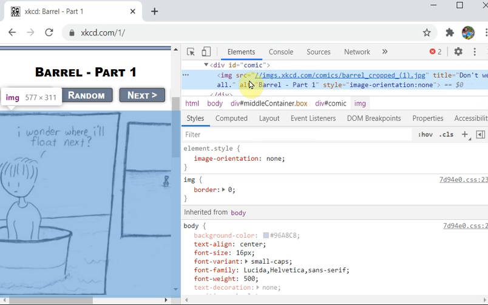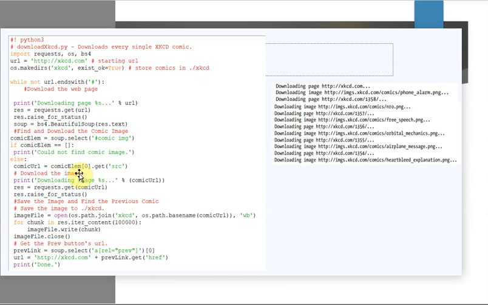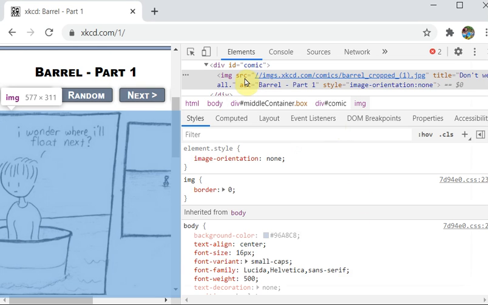So what happens here? From the Beautiful Soup object, what are you searching for? Comic followed by image, right? Then a list will be created. So here this is the first image, and like this many images are or will be there, so a list will be created of that. And from that list, you can see here comic element of 0, so that is a particular image. You're going to get the source of that particular image. So here you can see source.